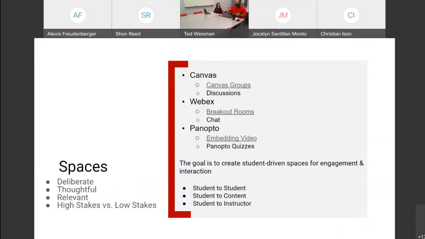And so ultimately, why do I put these three things up here? It's to identify where and how students are going to be engaging in the content, how they're going to be engaging with each other, and how they're going to be engaging with the instructor. And then that feeds into those discussions that we're talking about.